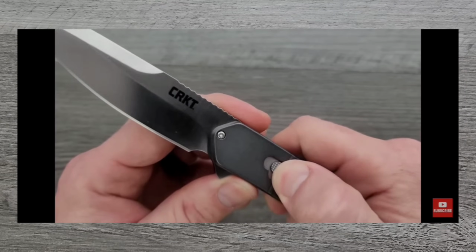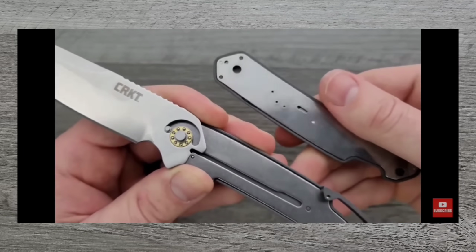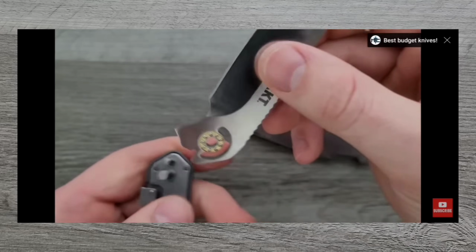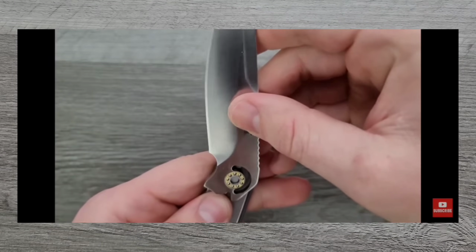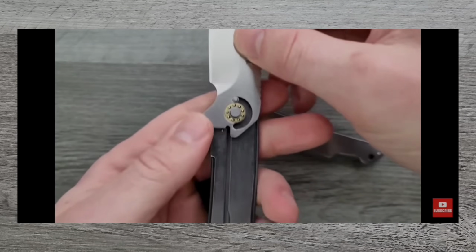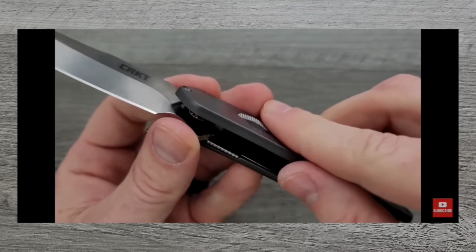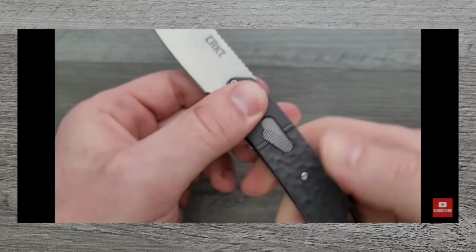I'll try to insert a clip here of me doing that. It's literally, you slide the switch over to the unlock position on the scales and it comes apart. That's super cool. That by itself is worth some extra money. I know people don't like to see D2 steel up there at the $100 mark, but I would definitely buy this knife. Absolutely. We've got aluminum scales,